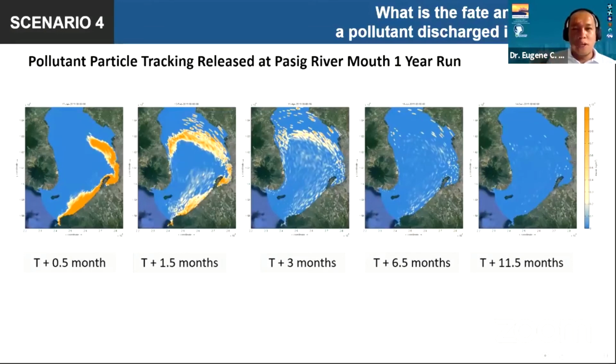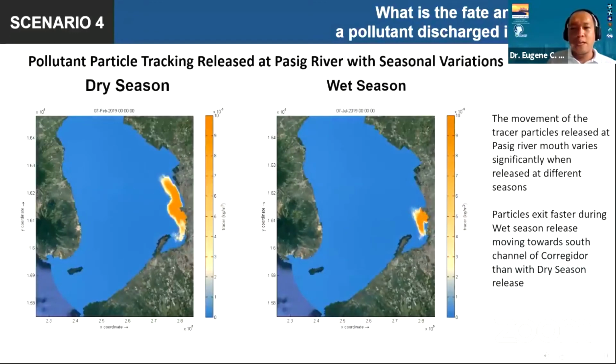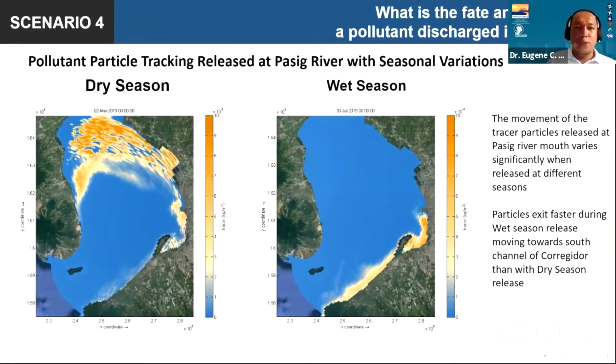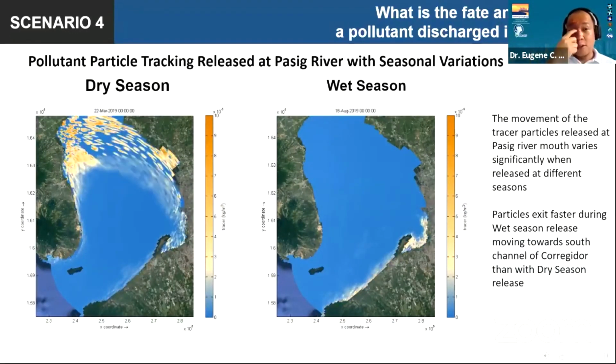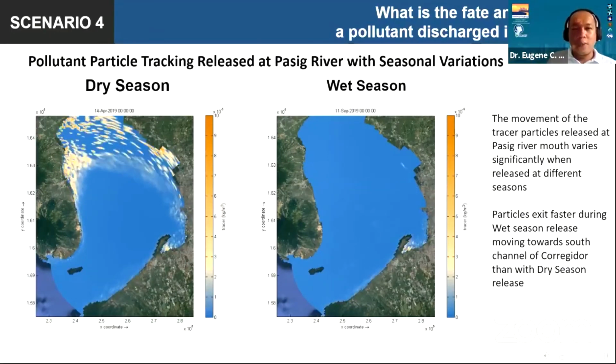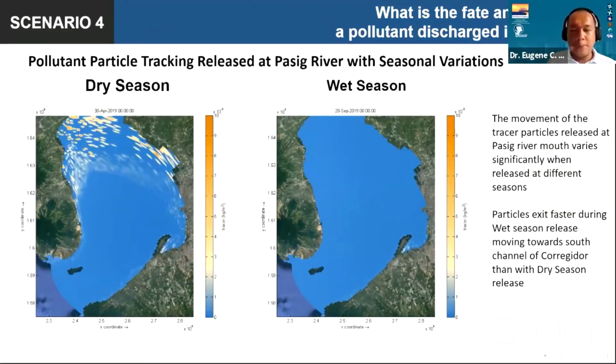So to look further, during the 1 year release, these are the conditions at 0.5, 1.5 months, and so on and so forth, roughly around 10 months. And then this is the difference between two different releases, one in the dry season and one in the wet season. So similar to the oil slick,